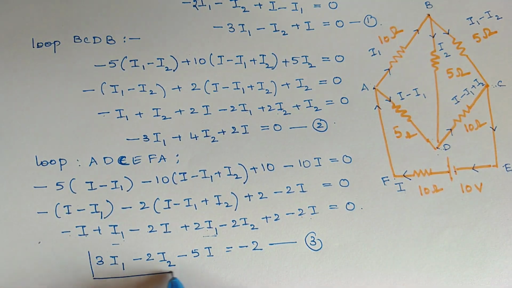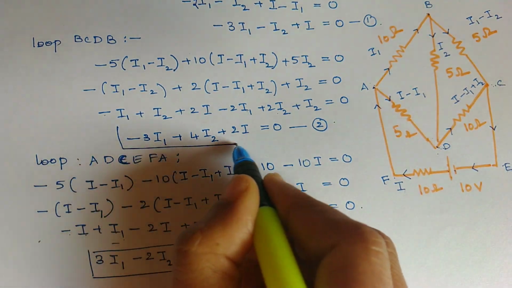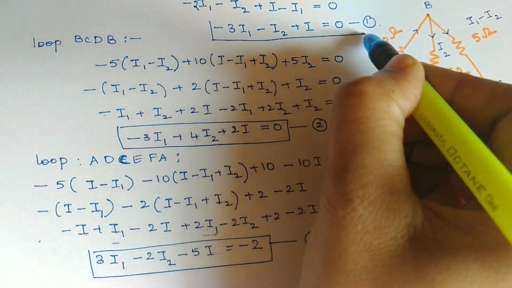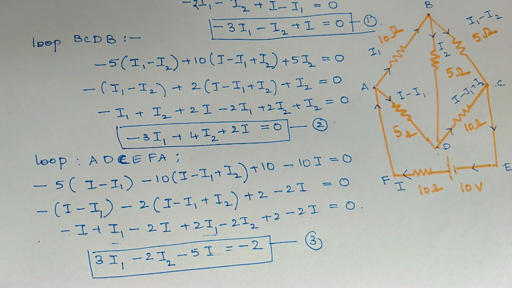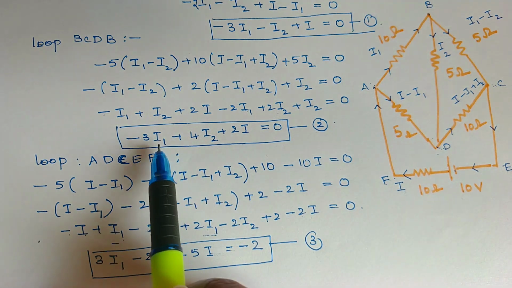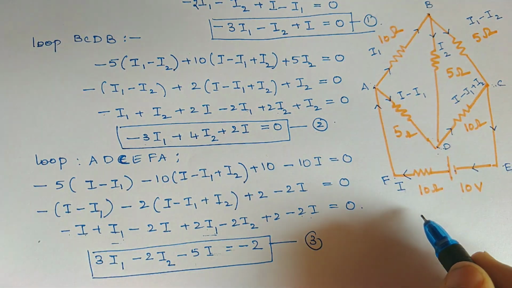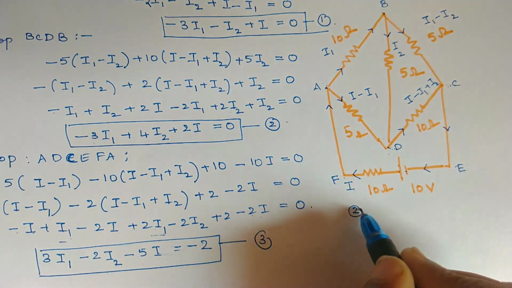Okay, so what are the three equations we have got by applying Kirchhoff's loop rule? This is one relation, this is the other equation, and this is the first equation. Now we need to solve them to get the value of I1, I2 and I. For that, observe second and third relations. It is minus 3I1 and here we have plus 3I1. Add the two relations. Here I will write equation 2 plus equation 3.